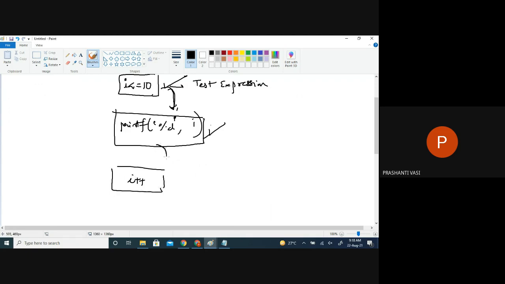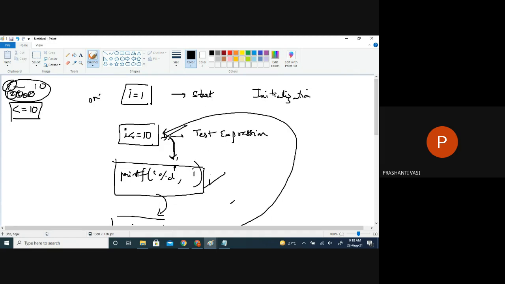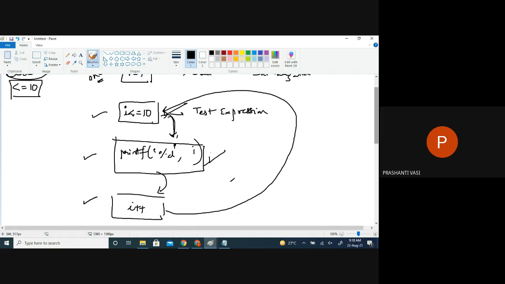That means immediately after the statement gets executed, we'll come back to the condition once again. So in these 4 steps, this is the only step which is done once initially. After that, we do this step, and if it is true, we do this step, and if that is also true, we do this step. If this is true, we perform these 2 steps collectively. After performing this, we come back here by the time i value becomes 2. Again I'm checking whether that condition is correct or not, and if it's true, we repeat this. So it is going to loop around. That's what we call a loop.